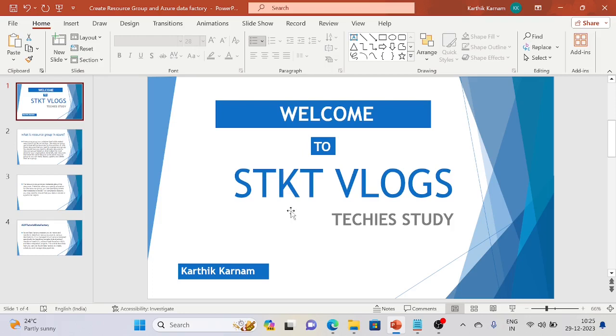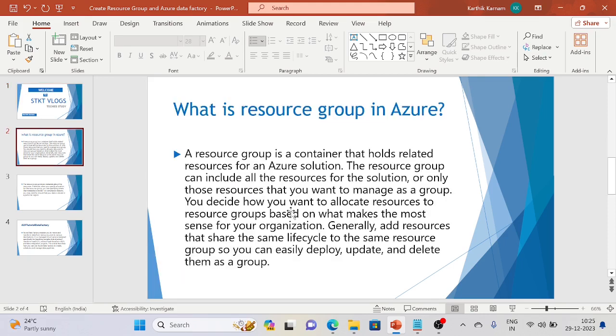So today we are going to discuss how to create a resource group and Azure Data Factory. So what is a resource group in Azure? A resource group is nothing but a container that holds related resources in an Azure solution. The resource group can include all the resources and allocate them to resource groups